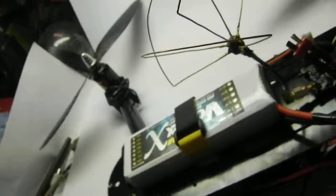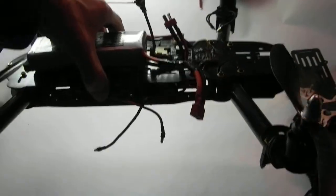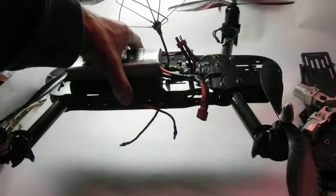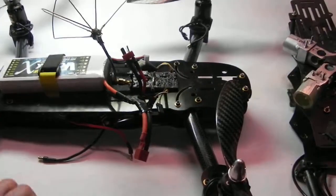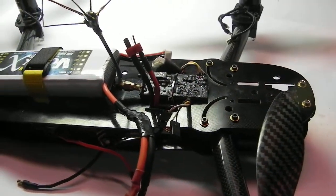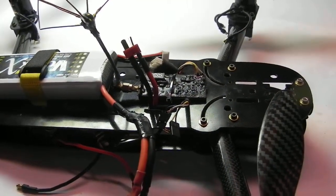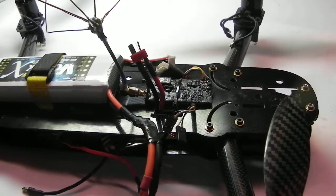And basically I have the blocks coming tomorrow for the arms and the landing gear, which will bring it up to about that high off the ground. It's pretty hard to tell here, but about that high, about 120 millimeters I think the legs are, and that'll clear the standard GoPro gimbal, which you can mount to the front or midway down the body, somewhere on the bottom if you want. So next step is to get the legs with their Delrin sliders locked in, and have a couple of tests with that,